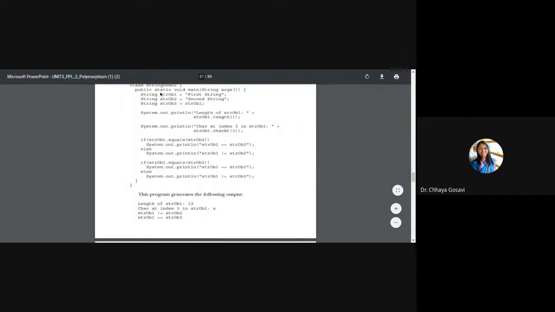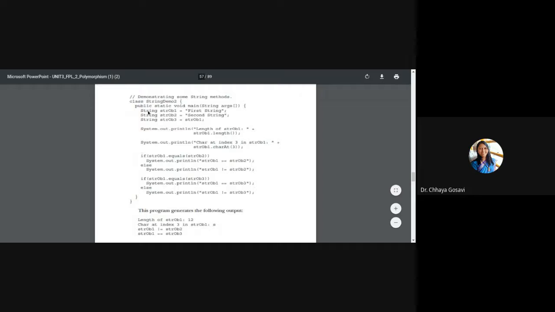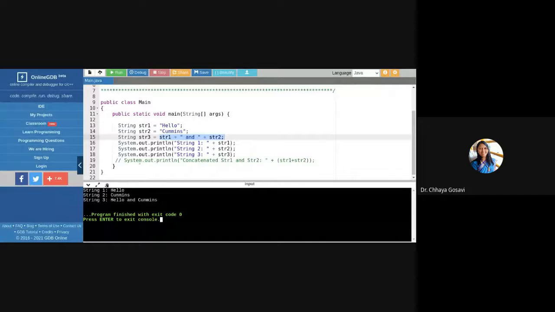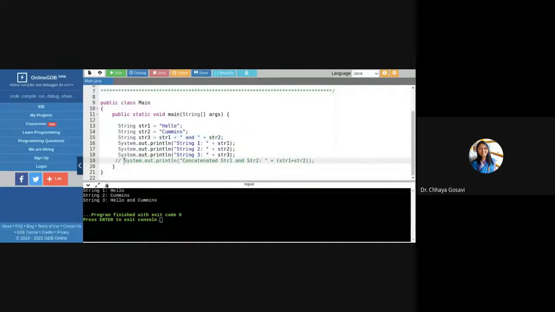So in Java, if you type this code, first string, second string, and str3 you have created with the first object. How to check the length of a string? With the length function. So the length of a string you can check with the length function.